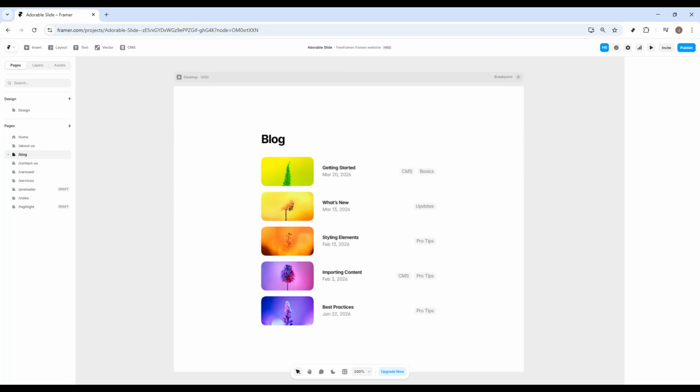If you need to remove CMS from Framer, you're in the right place. In this video, I'll walk you through the fastest way to delete a CMS collection from your Framer project step by step, so you can clean up your workspace without confusion. This is especially useful if you created a collection by mistake, no longer need a database, or want to simplify